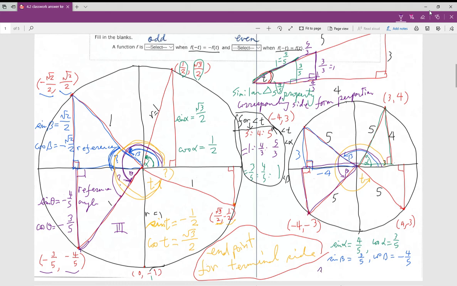So this sine theta equals negative, since sine is the y value, -3 over 5. Cosine theta will be -4 over 5. So far makes sense? And then when we go to the last one, here you have sine